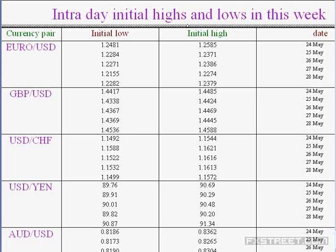85.32 is the high, which is also intact. So you find range bound moves are seen, and Australian dollar is trading above that of the Monday initial high. So you find that euro and GBP are trading slightly above, and GBP has phenomenally gained the levels when compared to that of the Monday high. Then in the case of yen also, which is trading above that of the Monday high, around that particular area,